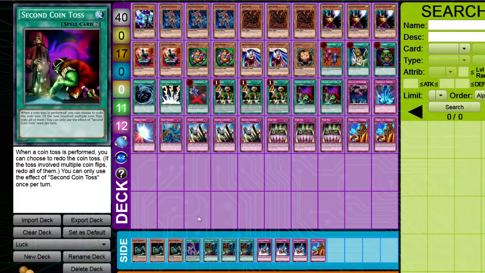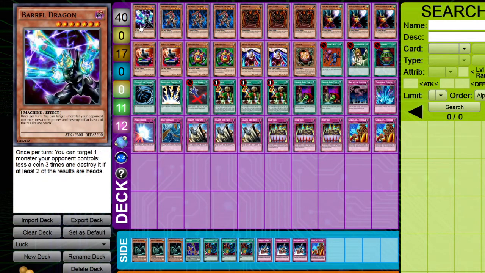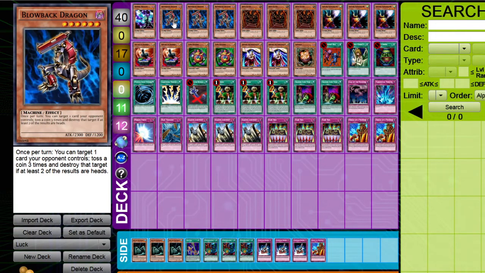To start the profile off with, we have a Barrel Dragon in the deck, level 7 machine, dark. Once per turn, you can target one monster your opponent controls, toss a coin 3 times, and destroy it if at least 2 of the results are heads. Interesting fact about this is that technically this is a 50% chance, as well as the effect of Blowback Dragon,